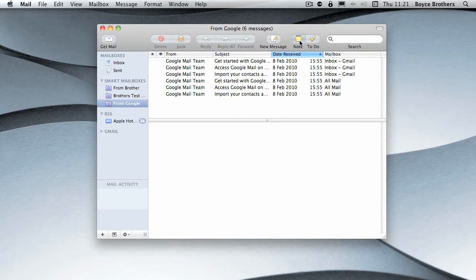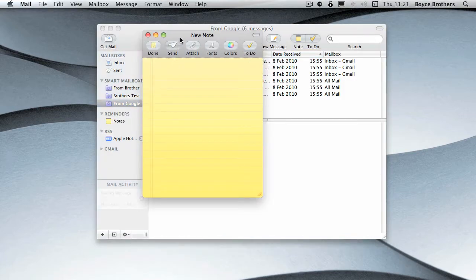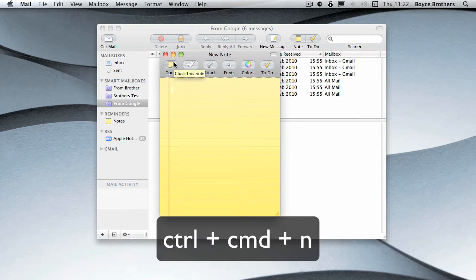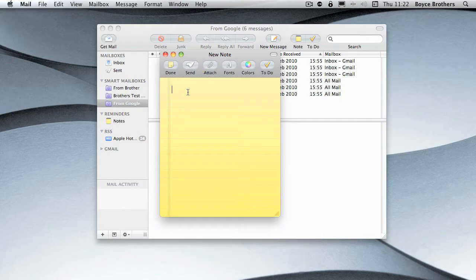Mail also lets you create notes which will sync with an iPhone or iPad if you have one. To create a new note, you click new note, or Control Command N for a new note, and then you can simply enter the note as follows. As per the previous part of the screencast, you can change the font, change the colours,